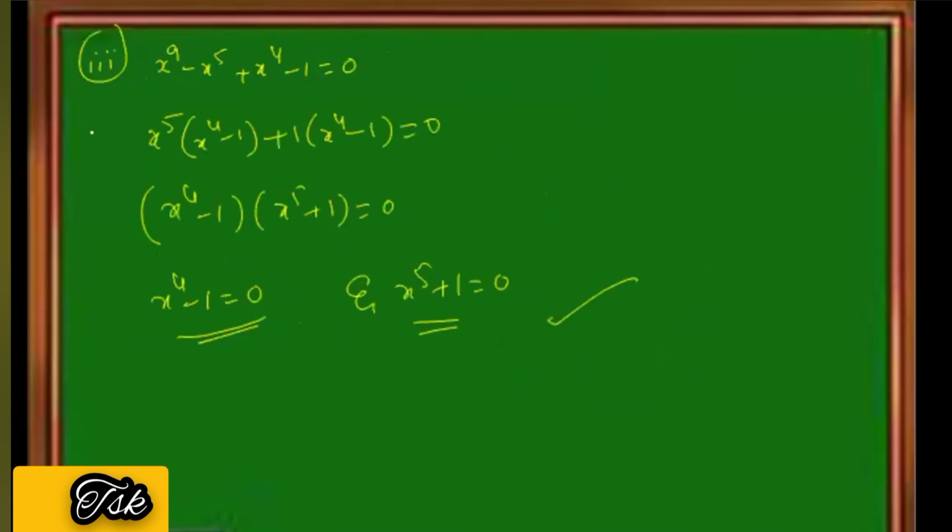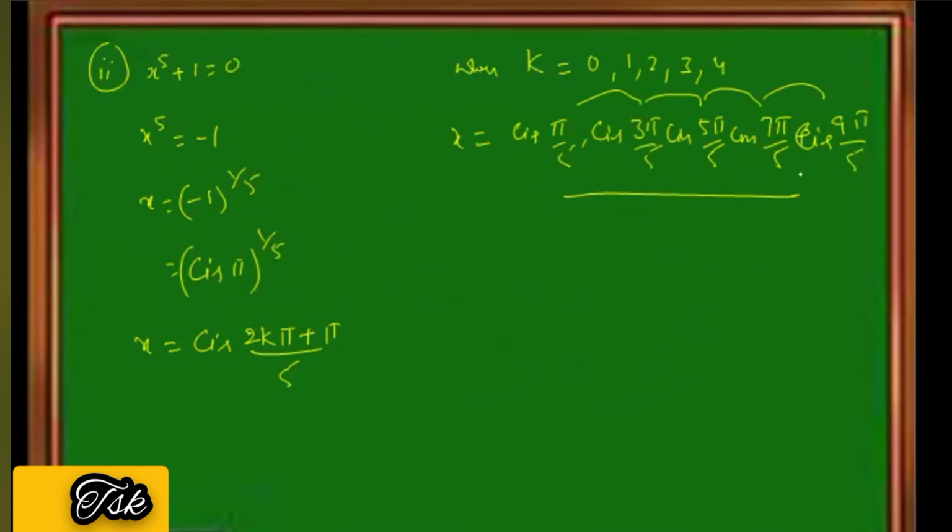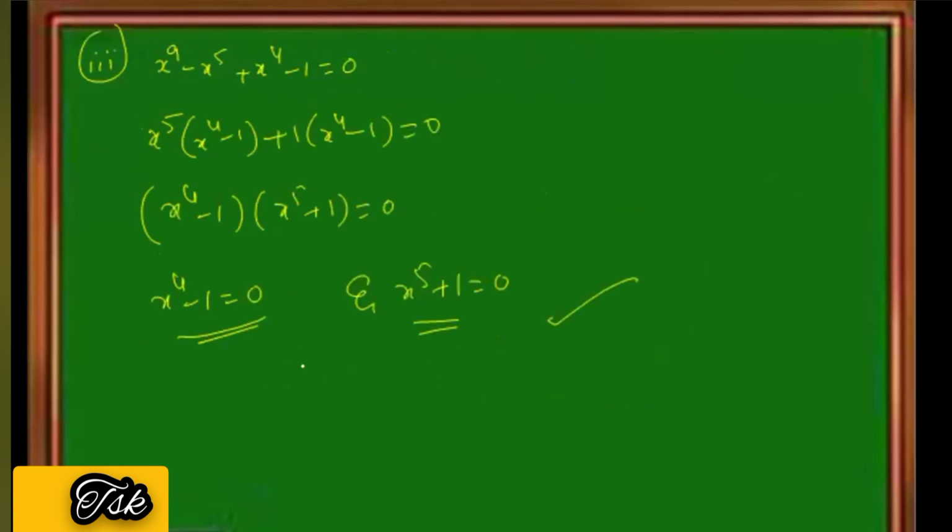So the 9 roots of this equation are like this. 4 roots are plus or minus 1, plus or minus i. The 5 roots are like this. So I'll show you, these are the 5 roots. Totally, you have to represent the 9 roots here, so you have to further simplify using those 2 problems.